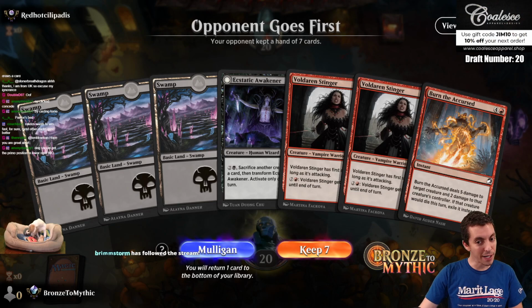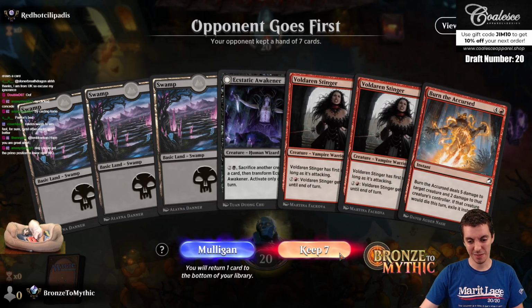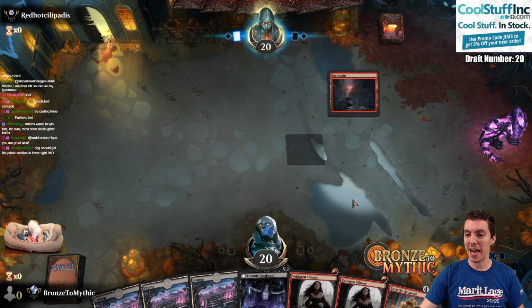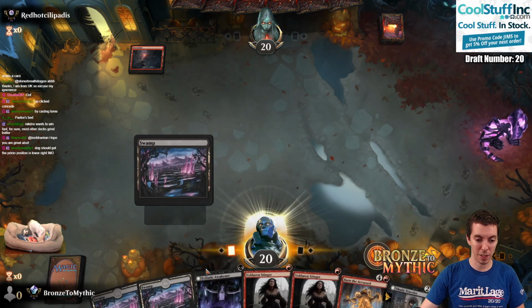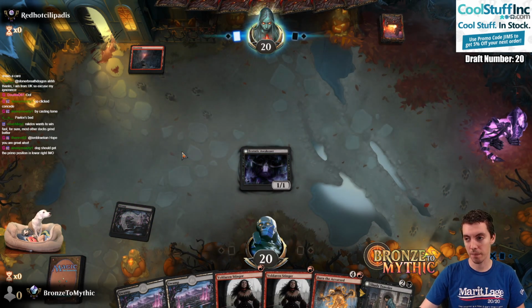And it's pretty bad. We're on the draw. Just need to draw a mountain. I'm going to keep it. I'm just not comfortable with our deck mulliganing. I don't think our deck's particularly great, and I think we're already going to struggle being down cards. So